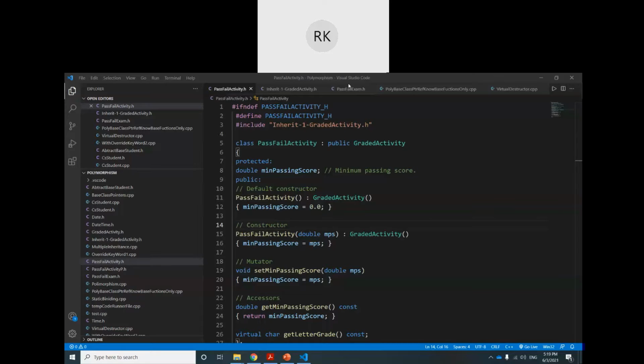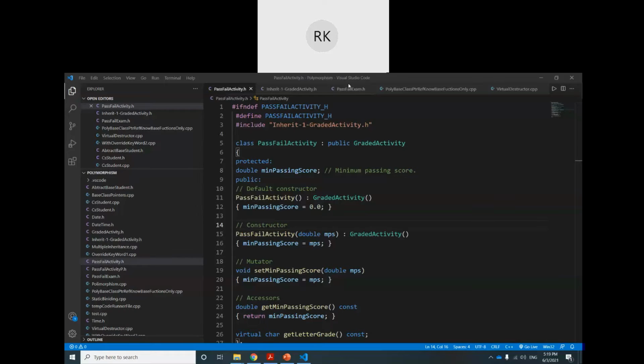Asterisk means that it will accept a pointer. Okay, now in the main class, in the main function, this one is today a new thing. So in the main function, I define one constant variable with the size 4, because I am using this in an array.